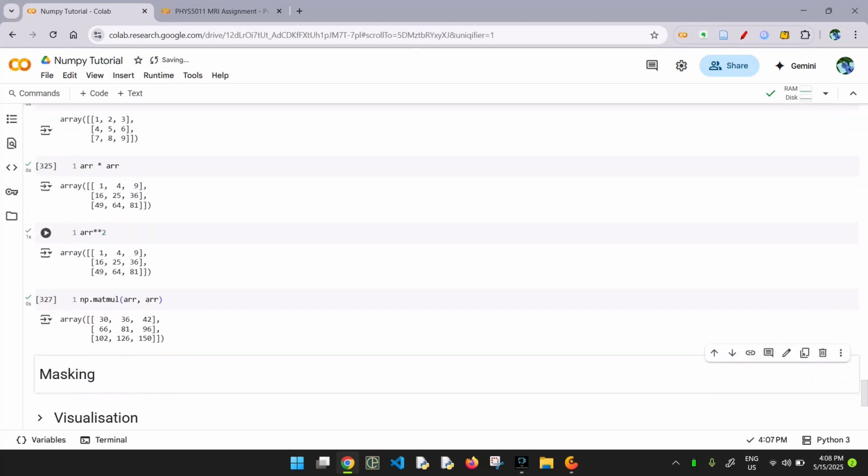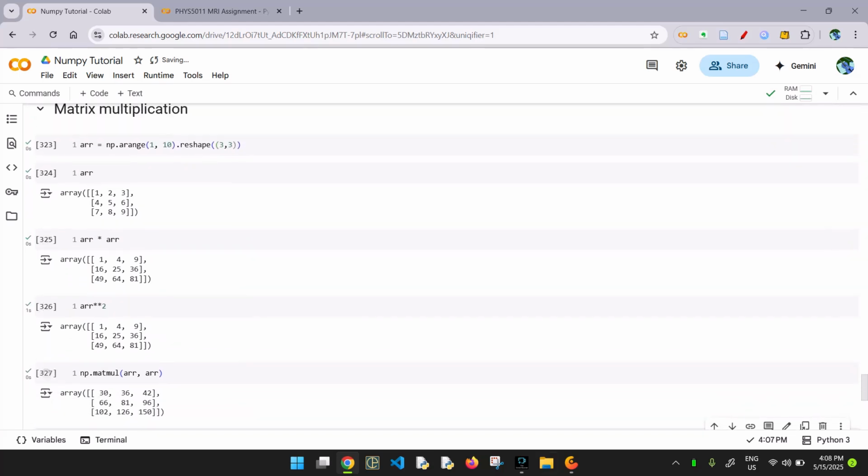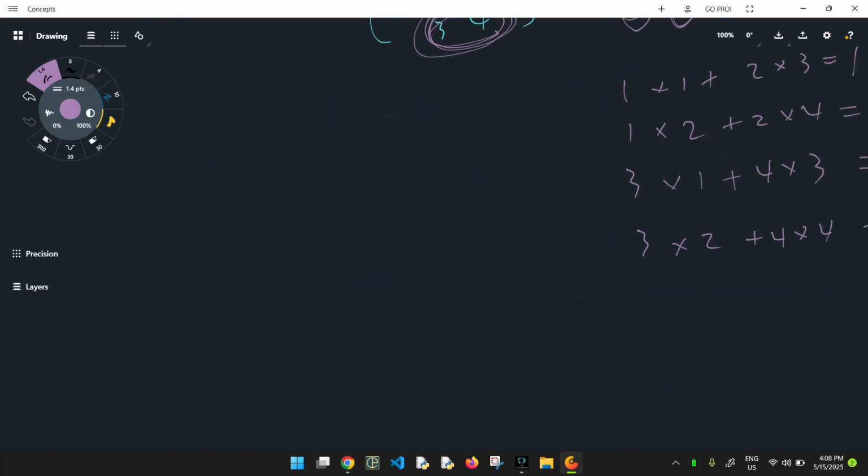Okay, so how to do matrix multiplication and what the meaning of that is, is beyond this video. If you want to read more, go to any linear algebra textbook that will tell you why it is defined like that. Before we end this video, I just want to quickly show you, if you do matrix multiplication, if